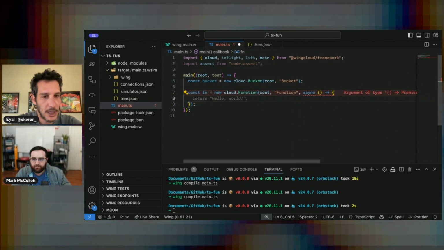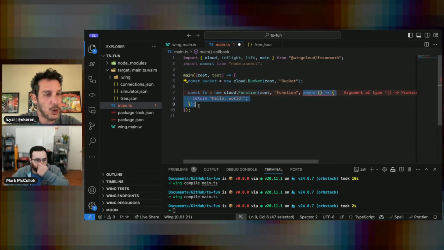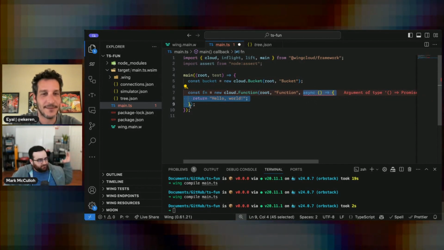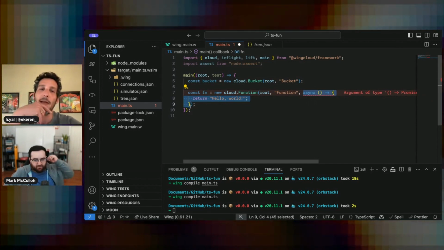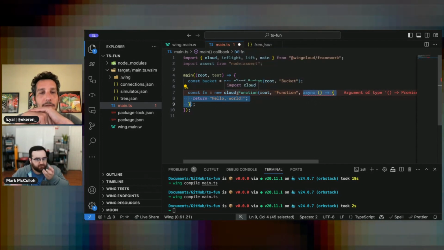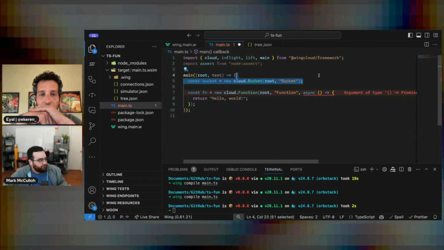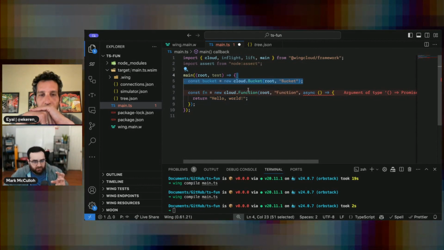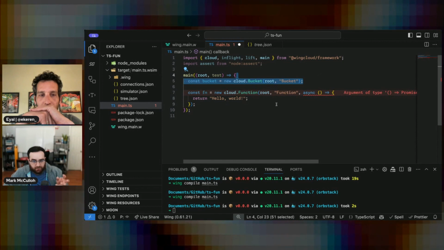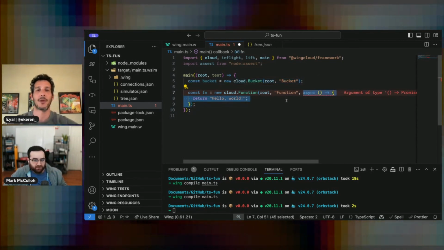What's wrong with that? Well, this is not in-flight. This is just some TypeScript code. That's the kind of distinction. As far as you're concerned, there's no distinction between what's in here and what's out here, and this is kind of the core of why TypeScript doesn't inherently work with this, that there is a difference. We can try to hide it. We can try to pretend there's not a difference.